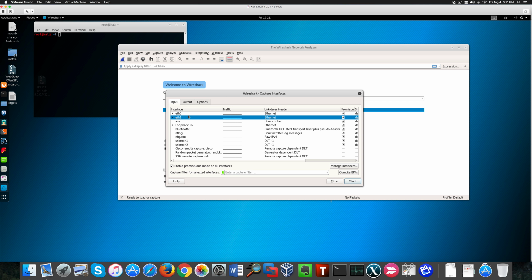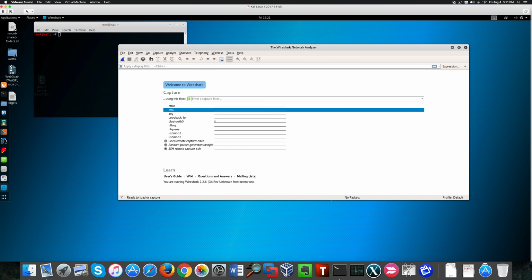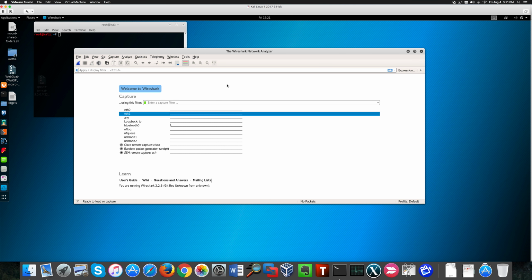Promiscuous mode allows me to see anything going through the network on this specific interface. So, with that being cleared, let's start